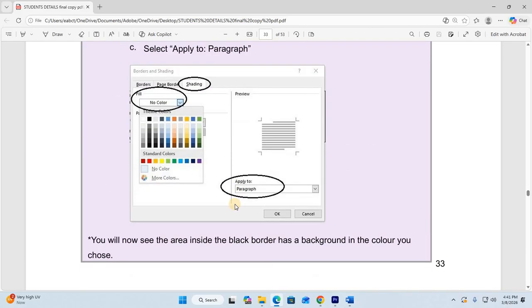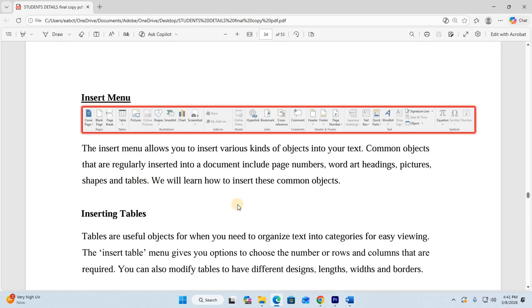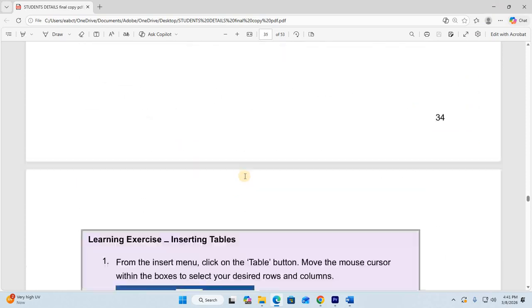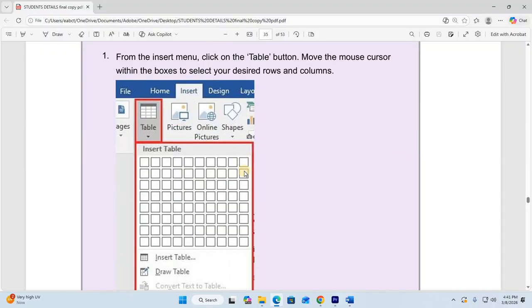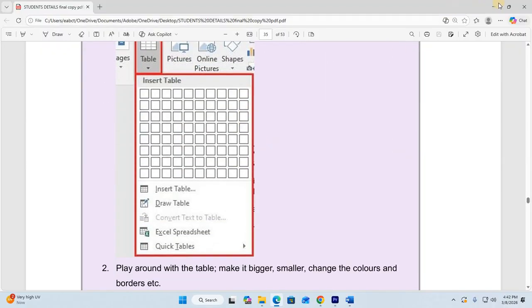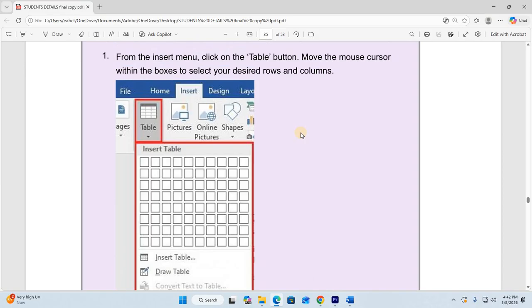Now we are going to insert. To insert, how to make a table. How do we make a table in Microsoft Word? As we go for table, I would love we first have a